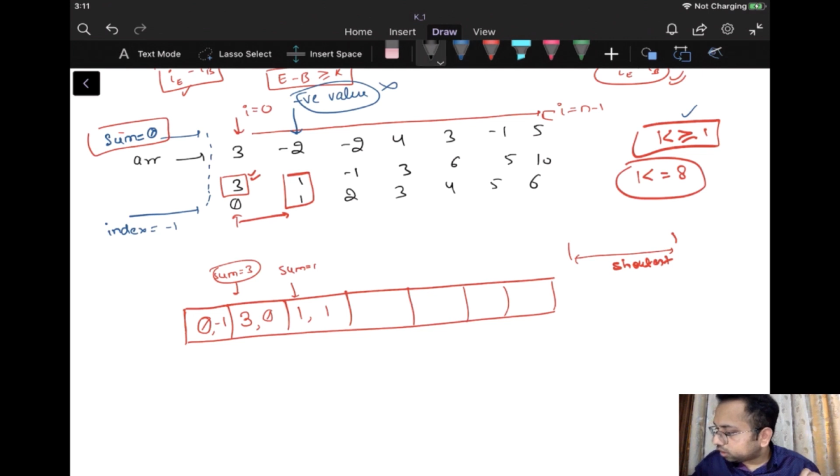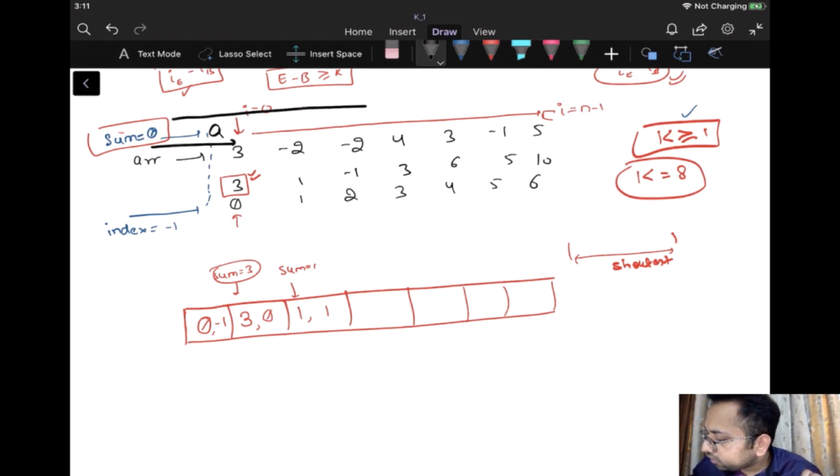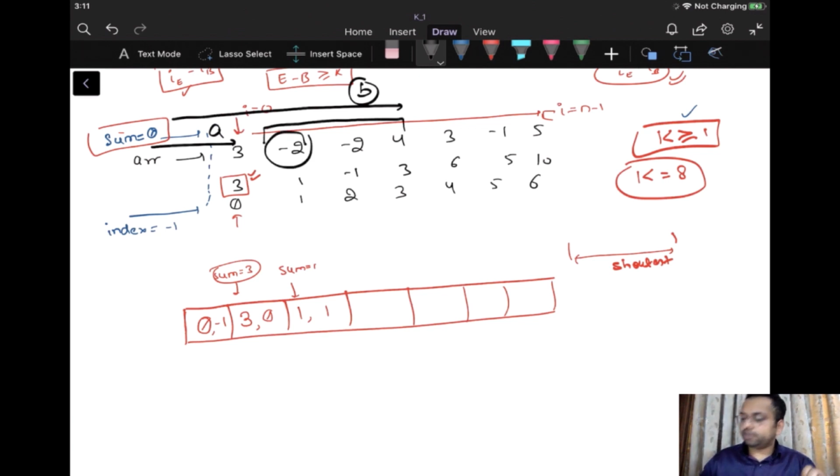And I have told you earlier as well, whenever we are considering this as the starting point, we consider the range A till this point and B till some other point. So in this case, it means that we are going to start from this negative index, right? So what I should do in this case is remove the sum which is greater than this particular sum. I should remove all the sums which are greater than this particular sum. Then only I can say that this cannot be the starting point, because I am calculating my answer, right?